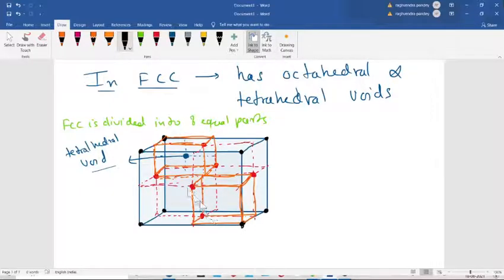So these two are diagonally opposite, these two are diagonally opposite, these two are diagonally opposite. So all are diagonally opposite. So the void which will come at the center of this will be this one. It is your tetrahedral void here also.